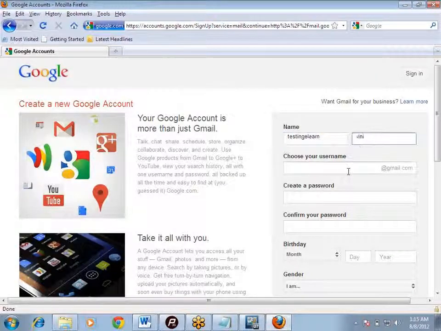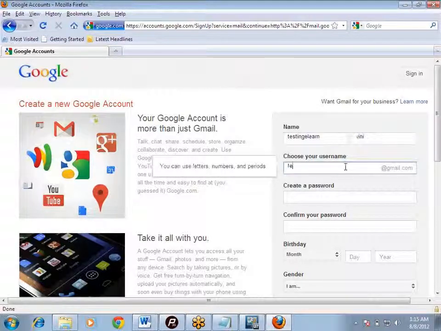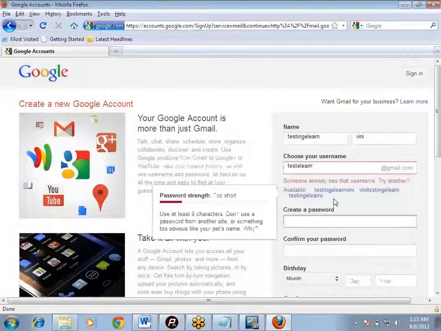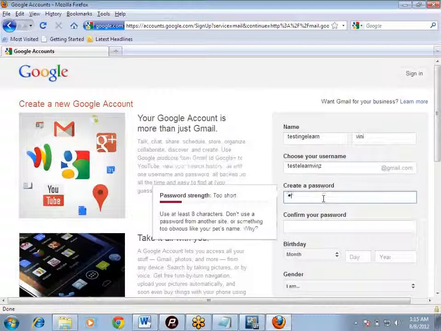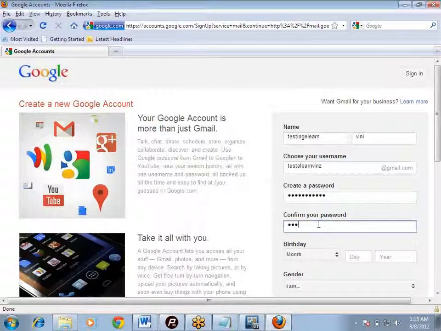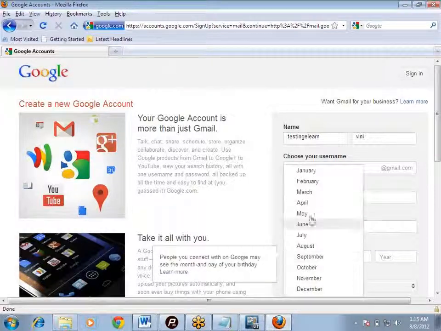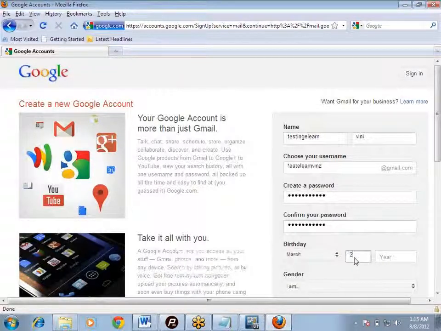This is just an example. Let's take password. I'm taking up... then month, let's say March.